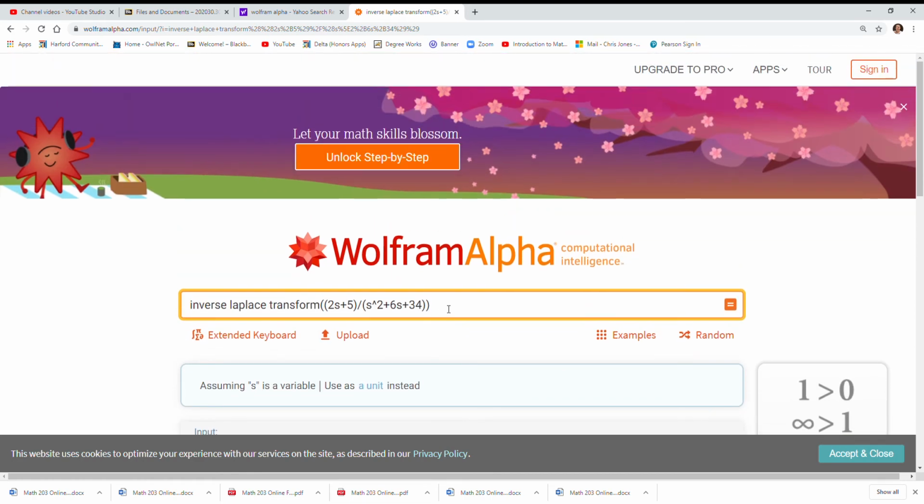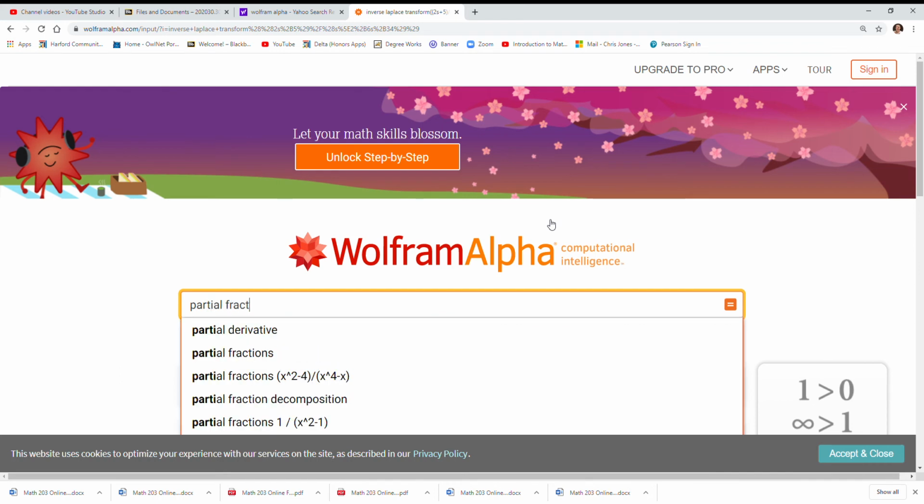One last thing, or a couple last things I wanted to show you with Wolfram Alpha that could be helpful when you're trying to work through your assignment problems, is that Wolfram Alpha can do the partial fraction decomposition and check it for you. Of course, you'll have to show me all the steps that you know how to do it yourself, but we could just say we want partial fractions,